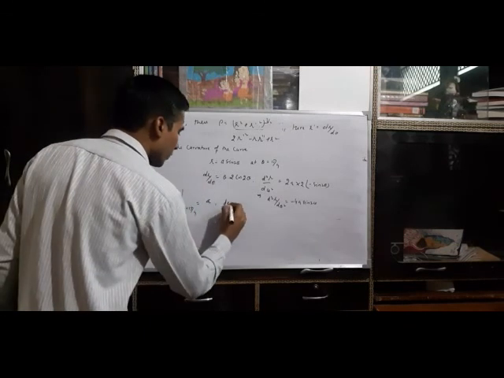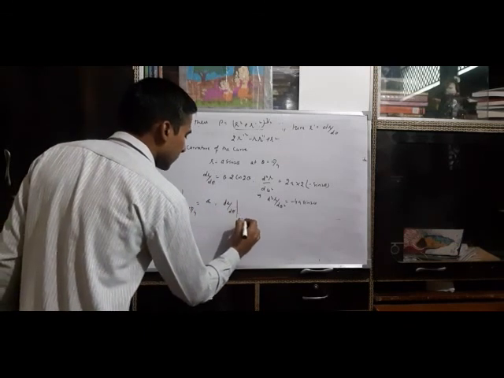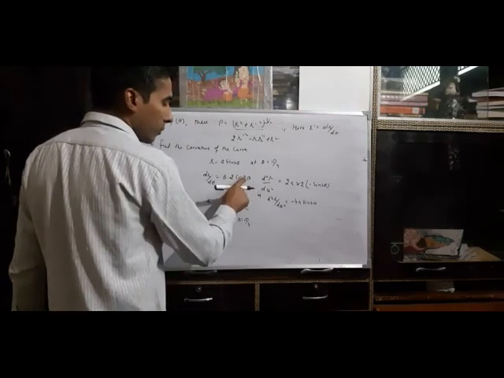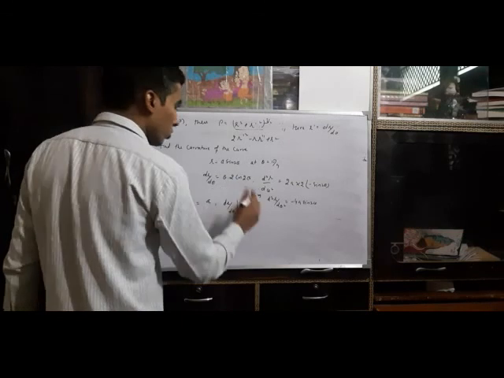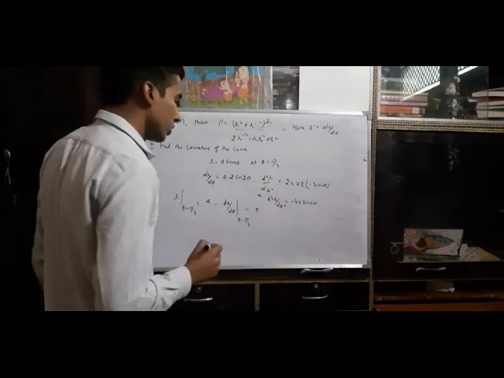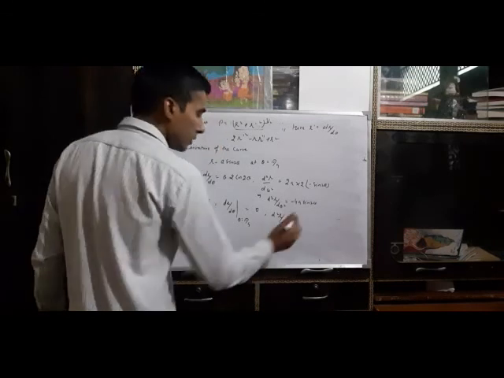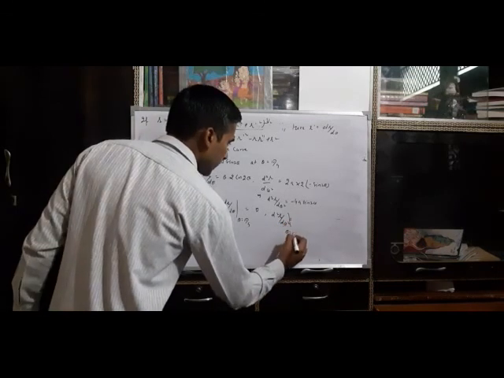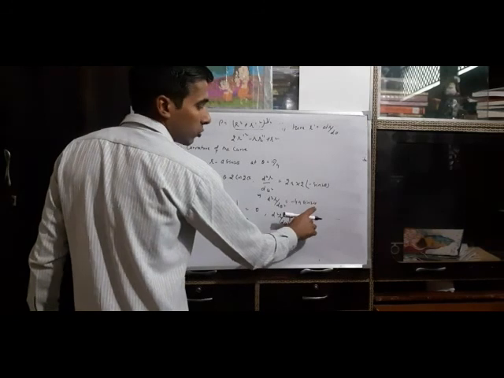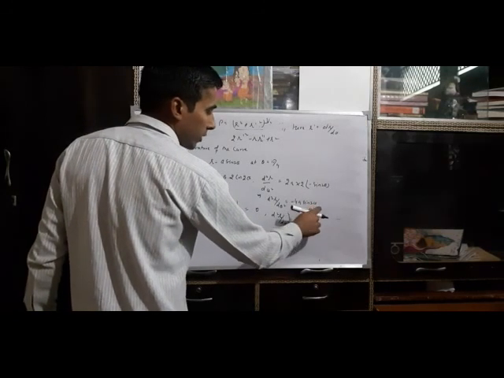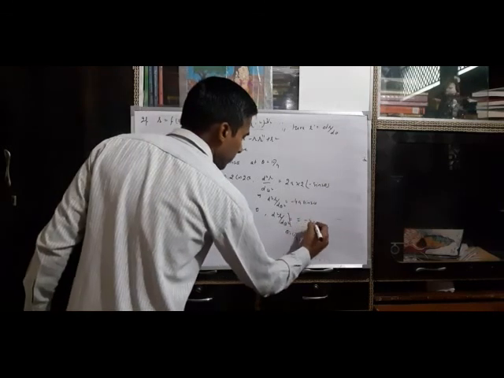Now the value of dr by d theta at theta equal to pi by 4: when we put pi by 4, it gives cos pi by 2, and cos pi by 2 is 0. So dr by d theta is 0 here. Again d square r by d theta square: when we use theta equal to pi by 4, sin pi by 2 gives 1. So the value is minus 4a.